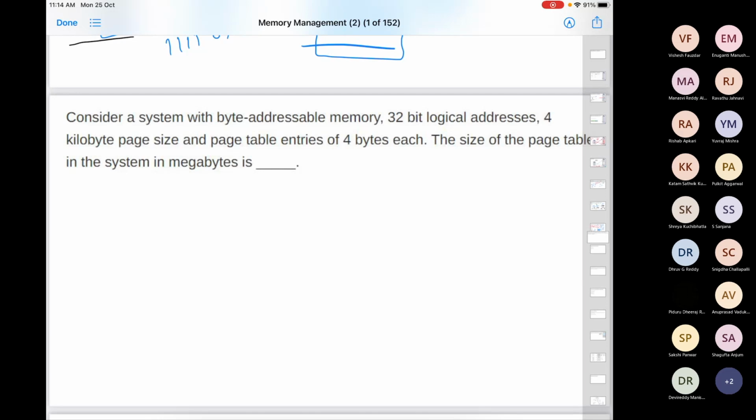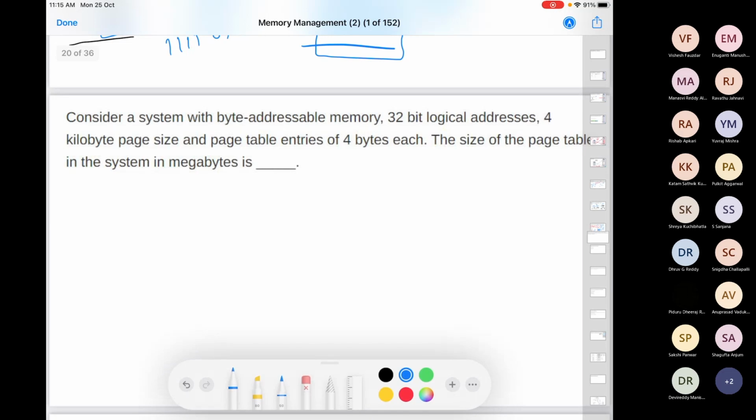Okay, can you solve this one? So yes, here you can make an assumption.